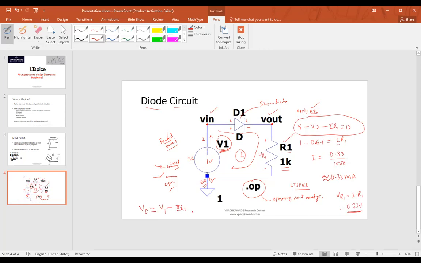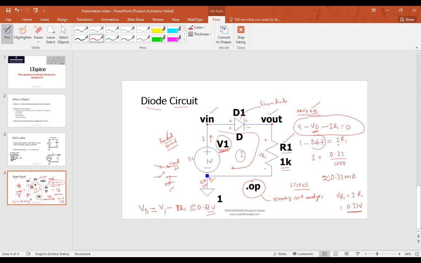So it's approximately 1 minus 0.33, about... No, there is a problem here. So VD would be V1 minus IR1. Yes, it's simple. So what's wrong? Where is the wrong thing? We can get it. We are correct. So V1 minus 0.33 volt is approximately 0.67 volt,